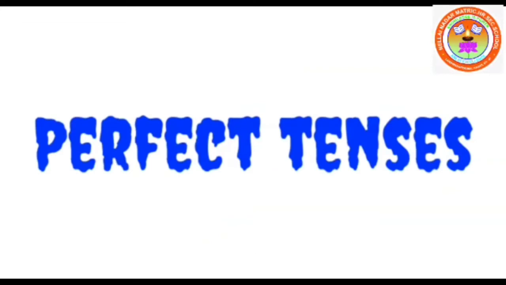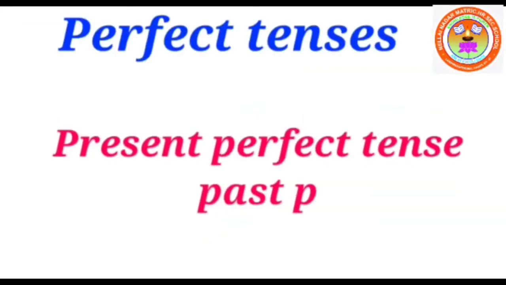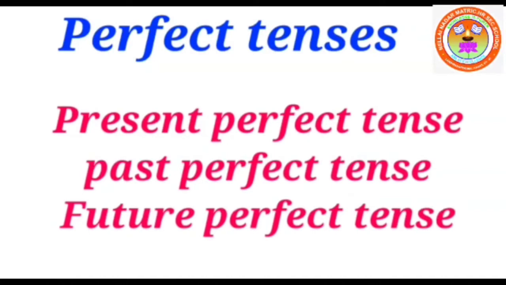Perfect tense. So there are three perfect tenses like present perfect tense, past perfect tense, and future perfect tense. For all the three perfect tenses, we have perfect. So for perfect, we have to use the past participle. For example, go, went, gone, see, saw, seen, write, wrote, written, speak, spoke, spoken, eat, ate, eaten, drive, drove, driven, shake, shook, shaken, take, took, taken. So the V3 means the third form of the verb. So for perfect, we have to use the third form of the verb.